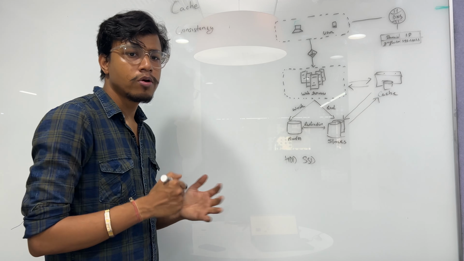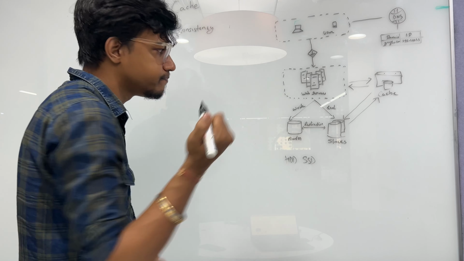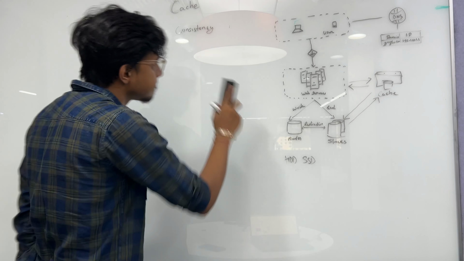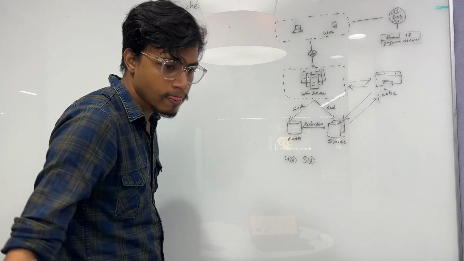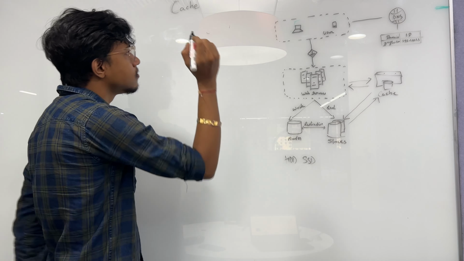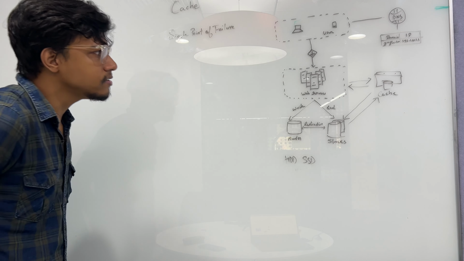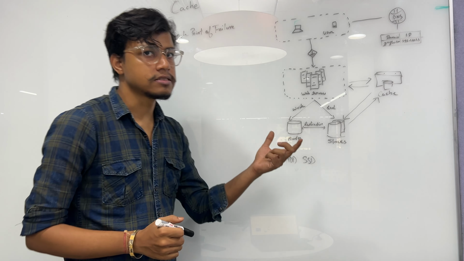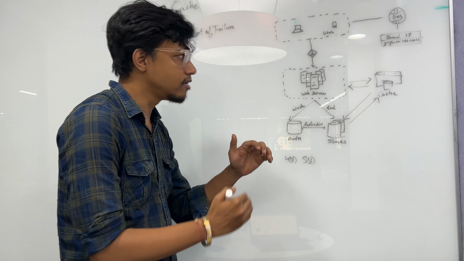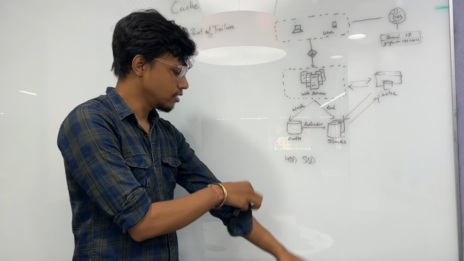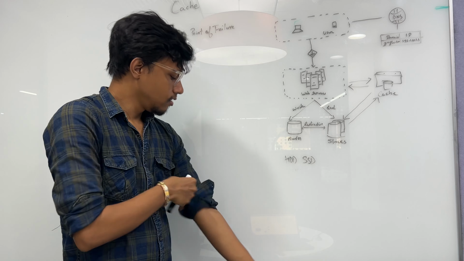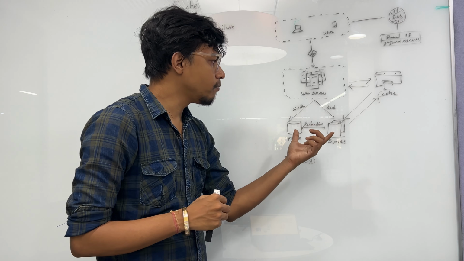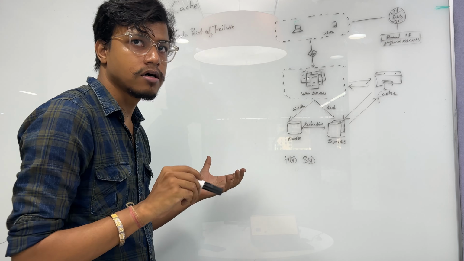Point number 4 will be single point of failure. In most cases, cache acts as a middleware between our web servers and our database. So in case you just have one, for example, you might have multiple database instances spread